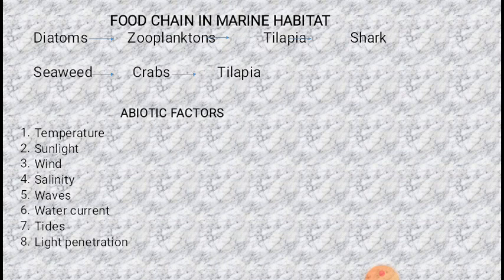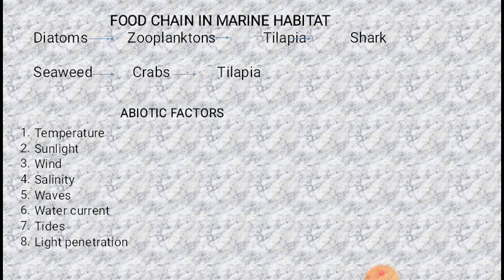Then we have factors affecting marine habitats. Temperature, sunlight, wind, salinity, waves, water currents, tides, light penetration are factors affecting